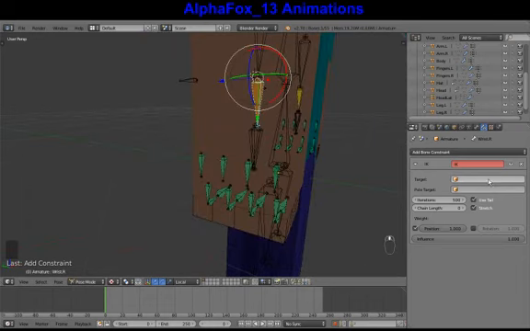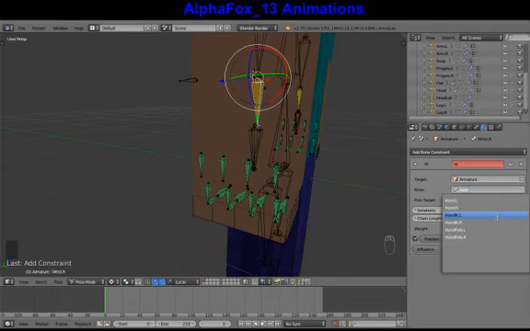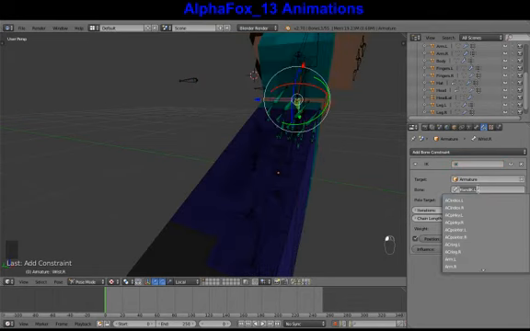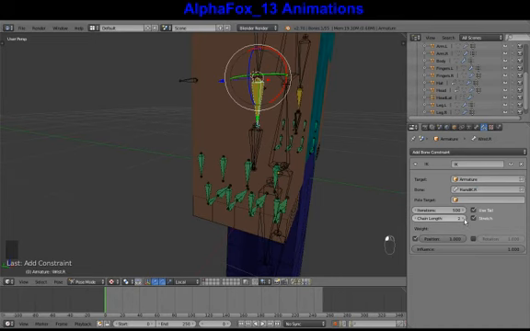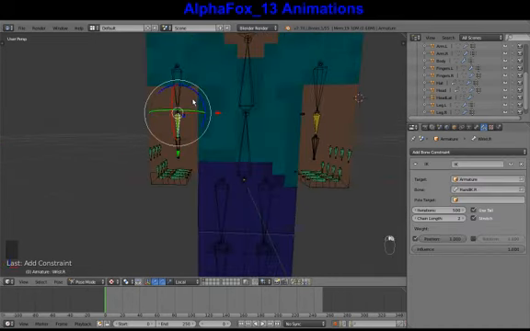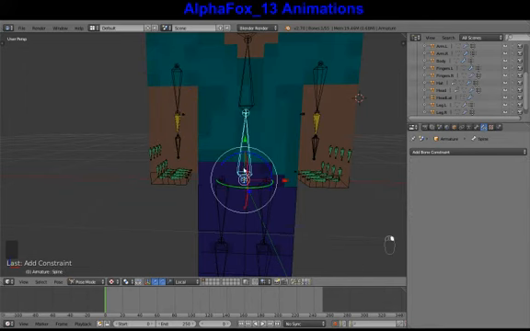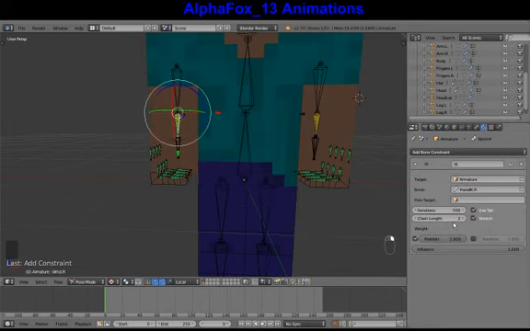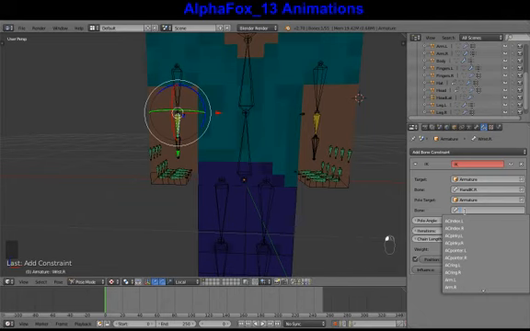Inverse kinematics, target, armature, hand, IK. It's not dot left, it's dot right. And we also need to set the chain length to 2. Because otherwise it's going to try and go all the way back through the chain to this base bone here. Next thing we need to do is we need to add the pole. Armature, pole,